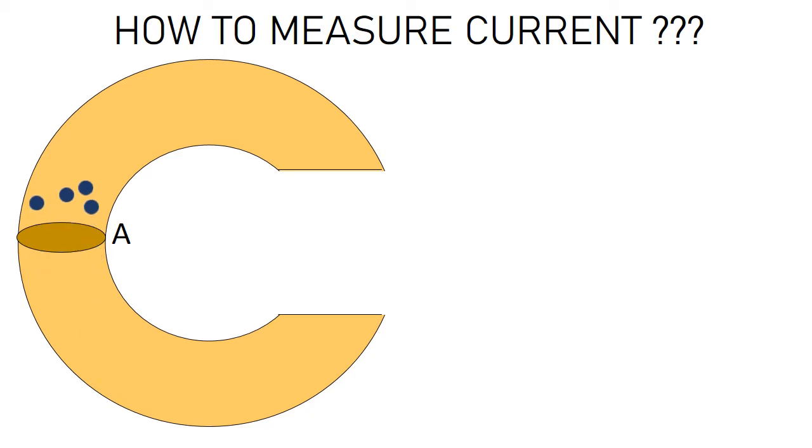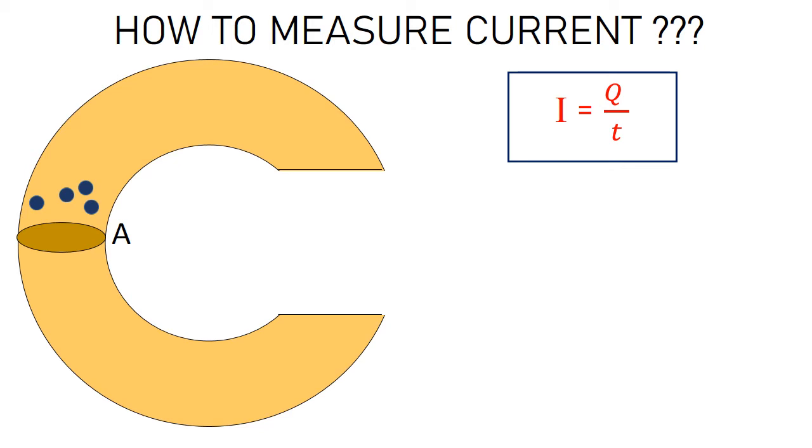Now when the electrons pass through the wire, you say there is current. So the quantity of charge flowing per second is nothing but current. Is it clear? So current is nothing but the rate of flow of charge. How much quantity of charge is flowing per second is nothing but current. So you say I is equal to Q by T. I stands for current, Q stands for quantity of charge and T is time in seconds.